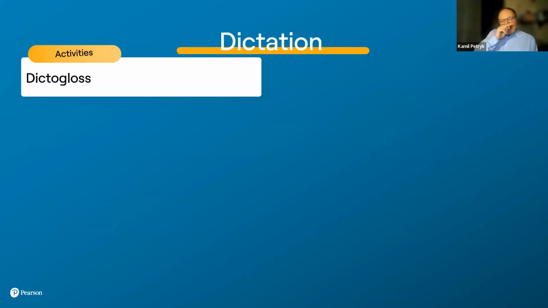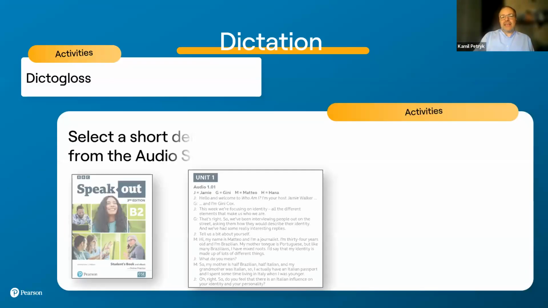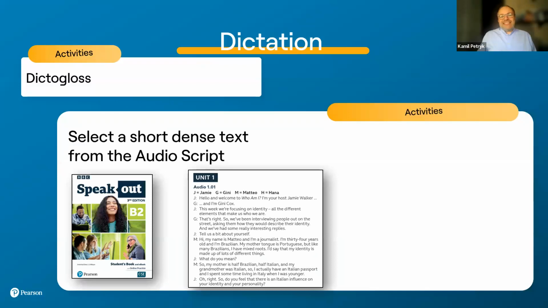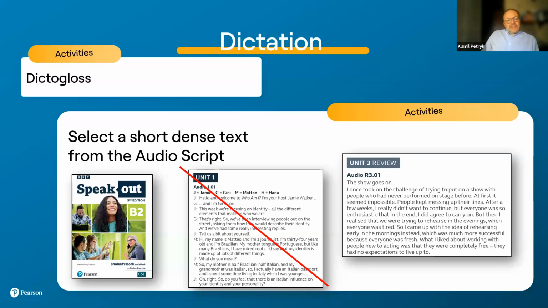Another activity that will help students focus on content words, keywords, is called dictogloss. You should choose a short, dense text from some audio script, any courseware that you use. You have a lot of recordings and you can find a dense text. That should be a dense text, so not a dialogue. For example, the one that you can see here is taken from Speak Out 3rd edition B2. So like a monologue or a story, you take this text, and